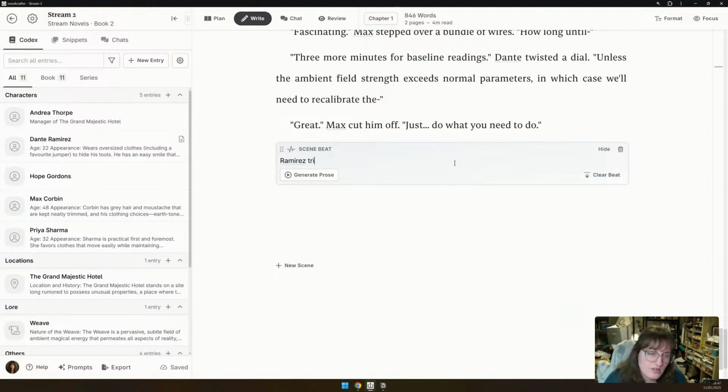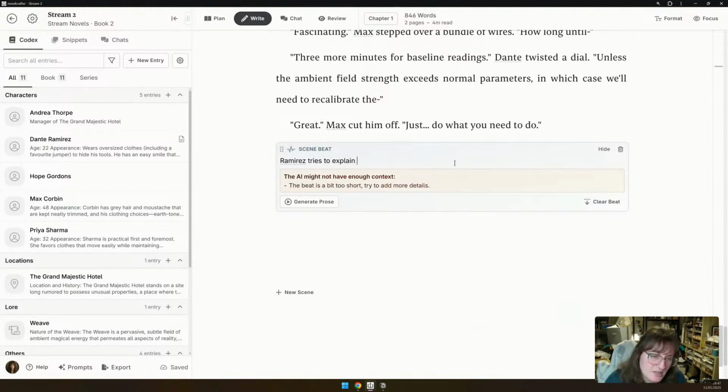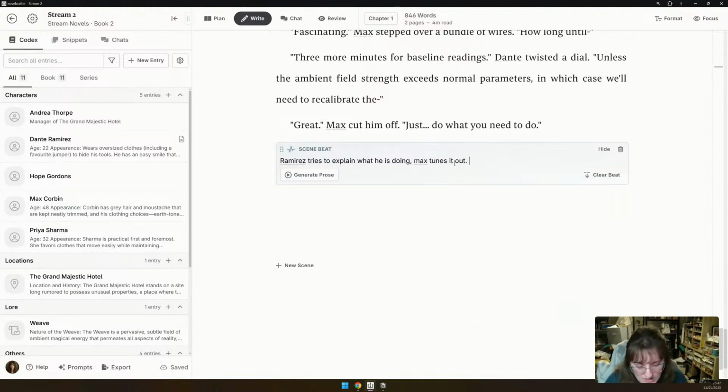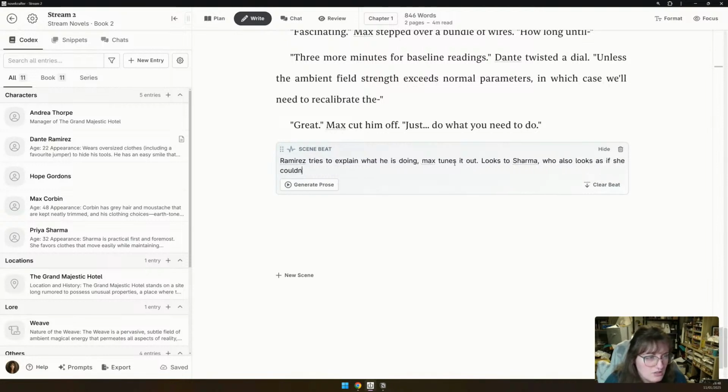Ramirez tries to explain what he is doing. Max tunes it out. Looks to Sharma, who also looks as if she couldn't care less, but is more polite about it.